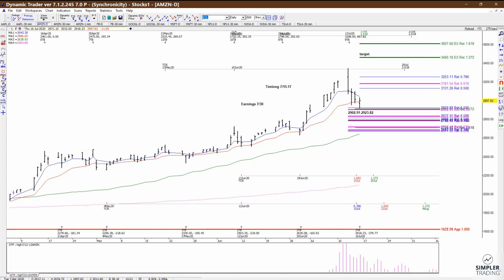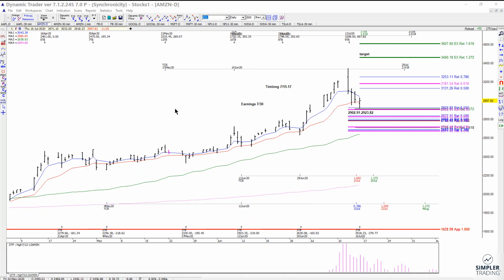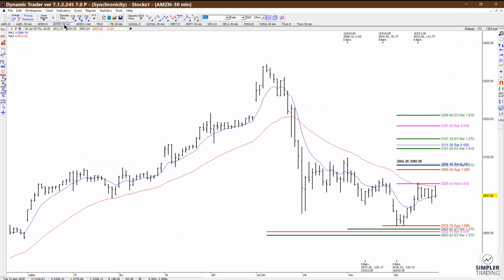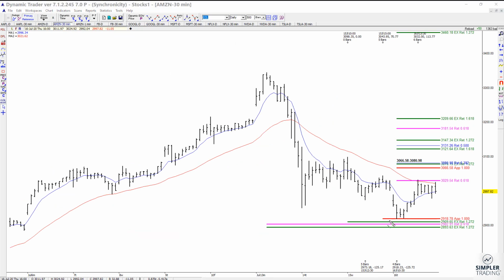Okay, so this is one of the setups that we looked at today. Actually, before I show you the trigger, let me show you how the 30-minute chart looked at the same time. So the 30-minute chart was testing a symmetry projection. And we also had some extensions of some of these prior swings, and that gave us, again,